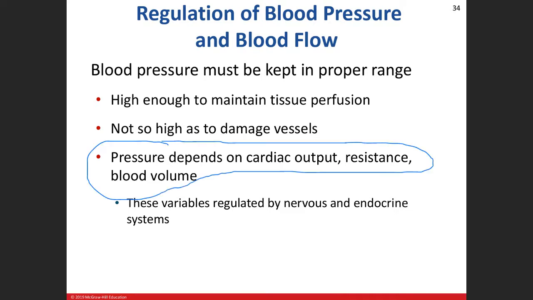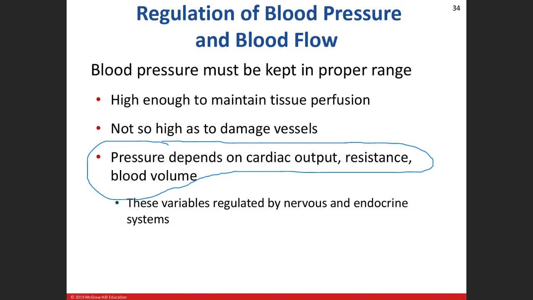All right, but when we talk about blood pressure, it is dependent on those three variables. Cardiac output, our resistance, and then blood volume. How much blood is circulating throughout your circulatory system. I can guarantee you that you are going to see at least one question, possibly more, that are going to discuss blood pressure and blood flow. So you want to understand that cardiac output, resistance, and blood volume play a role in that. Okay? So most likely, if you increase any one of these three, you are going to increase blood